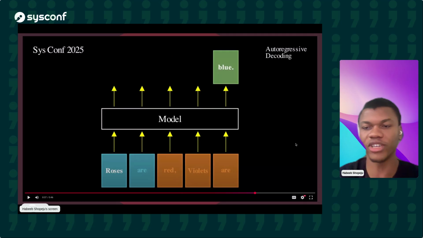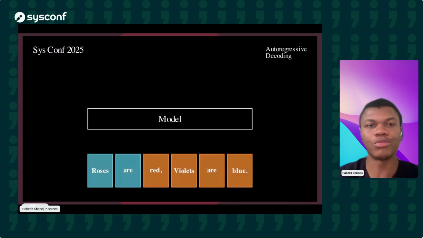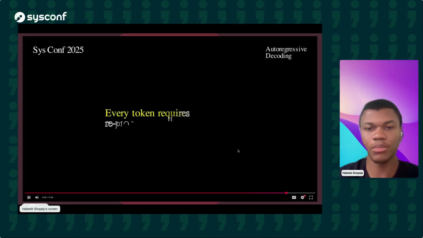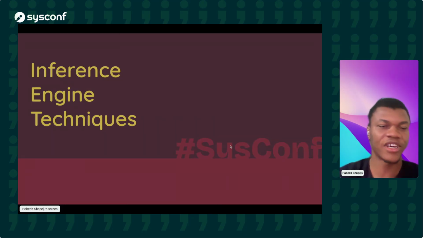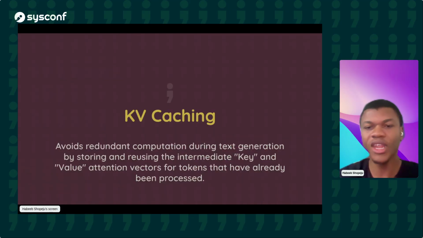That's not great either. I'm going to go into the inference engine techniques part here, which simply boils down to: what are the various ways that LLM inference engines try to fix this issue? So, inference engine techniques. The first that I'll be looking at is KV caching.